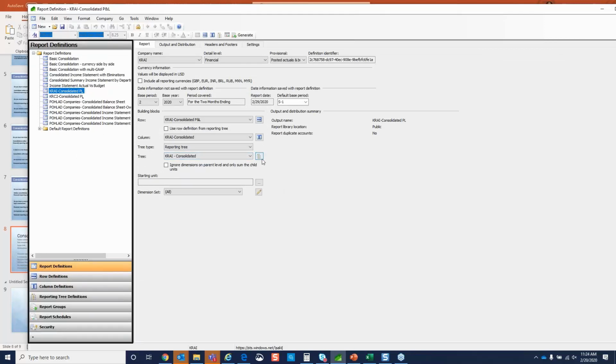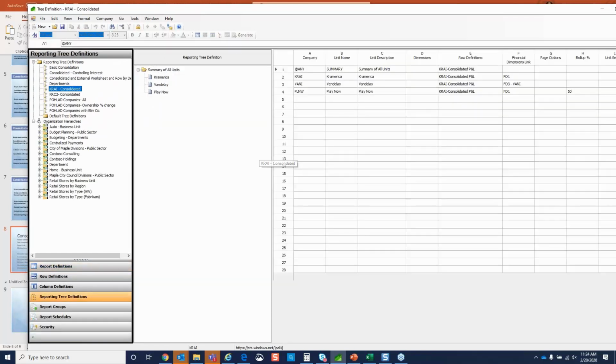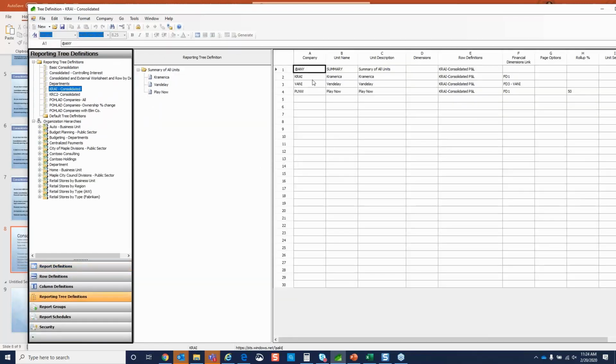Here is your tree. You set up the tree. So in our tree, there are 3 companies. These companies have different charts of accounts and also different fiscal periods. And here in the roll up, if you want less than 100% of the company, you can mention that. So for example, now I'm saying, okay, I want to roll up 50% of the company because I own 50% of the company. So this is the key. And the next one will be